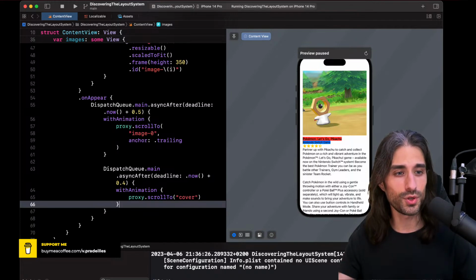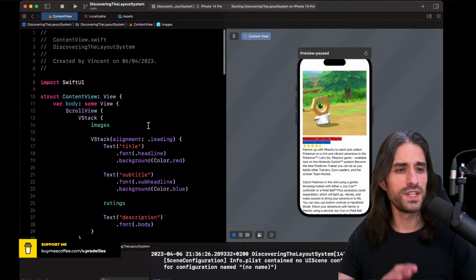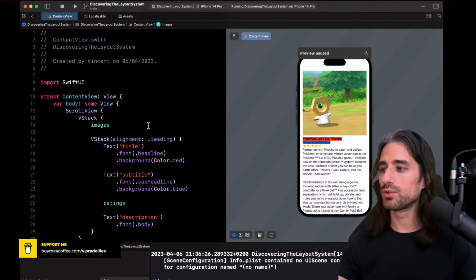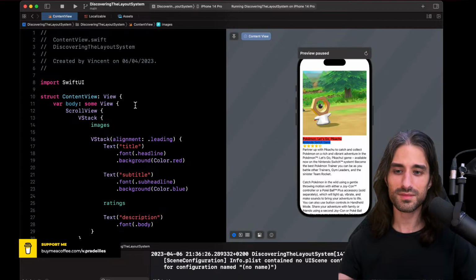And what I want to show you is how you can interact with the user defaults in SwiftUI. It's a little bit different than the layout system, but it makes a nice little break into this chapter before we go to the last part, which will also be the most complex part.